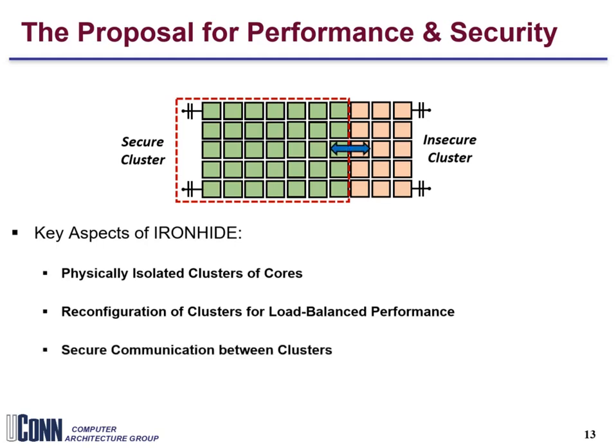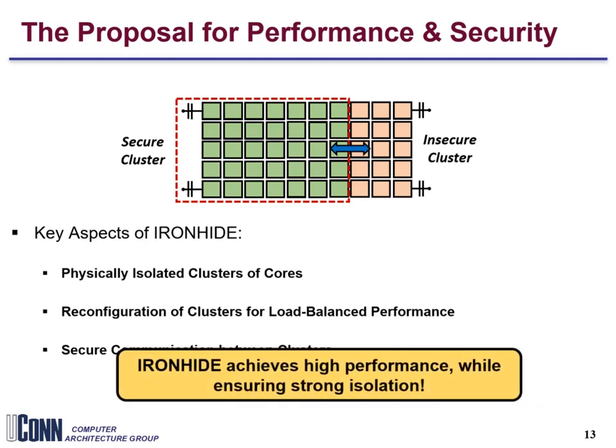It also adopts a secure communication capability from prior works for process interactions. However, IRONHIDE enables this communication such that whenever a secure process interacts with the insecure world, it does not need to context switch out, thus limiting the purging overhead problem of MI6. By following these steps, IRONHIDE achieves high performance while ensuring strong isolation. We will discuss these capabilities one by one. However, we will first go through the threat model assumptions made in this paper.